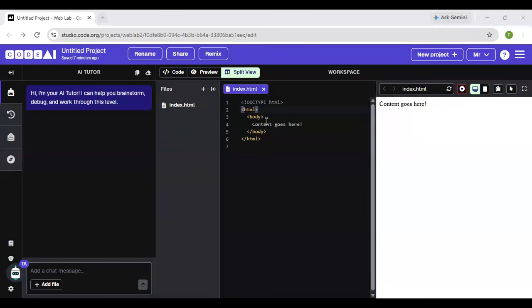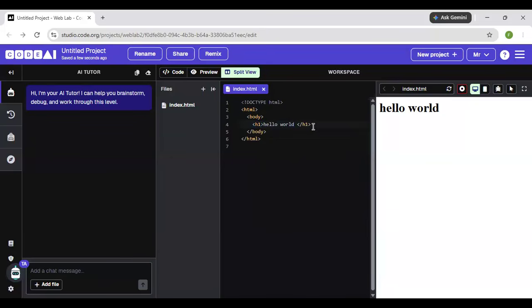Now, let's go into websites. For the purpose of web lab, I'm going to go straight into the body. The body, as you can see, is everything that will be shown on your preview page. We're going to start with the first basic element you need to know, and that is your H1. Your H1 is simply your header. It is the heading of the page. So we'll start with hello world. Are you guys following?